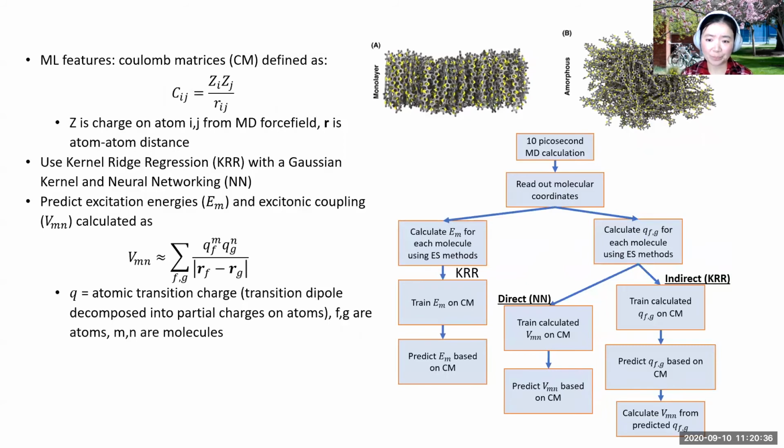And so this study uses this flowchart to quickly get the information from the machine learning model. The first step is to run around 10 picoseconds of molecular dynamics using some tools, and then generate the coordinates for the individual molecules. Then they can put these into a matrix called the Coulomb matrix, and this will be the input for the machine learning model. The output will be excitation energies, and another output is excitonic